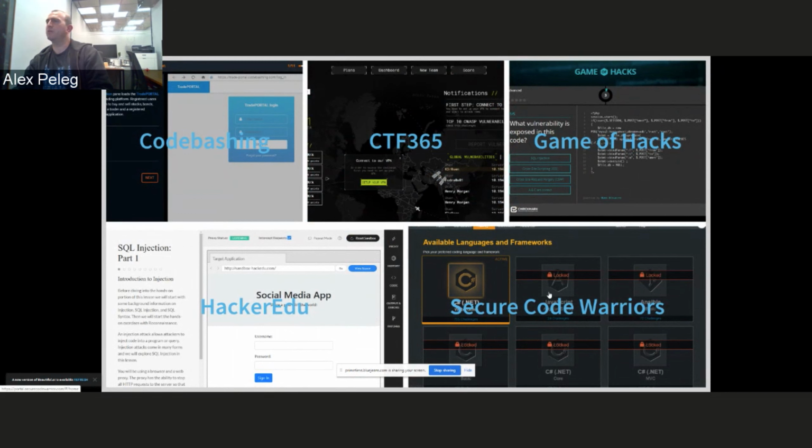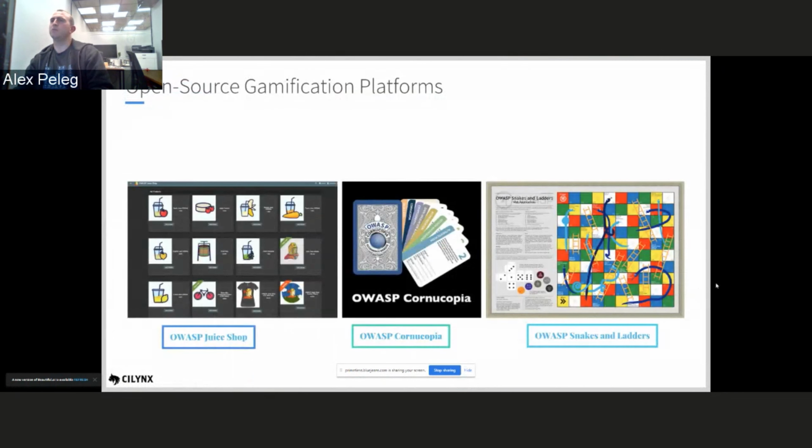So I think that out of all their great additional platforms that you can get for money, these are the main platforms. But this is not what we came to talk about. We came to talk about some open source gamification platforms. And since we are part of an OWASP meetup, these are OWASP projects, and one of them is the OWASP Juice Shop, the OWASP Cornucopia, and OWASP Snakes and